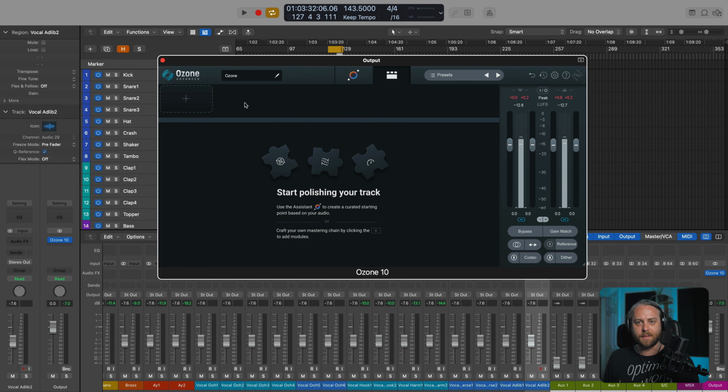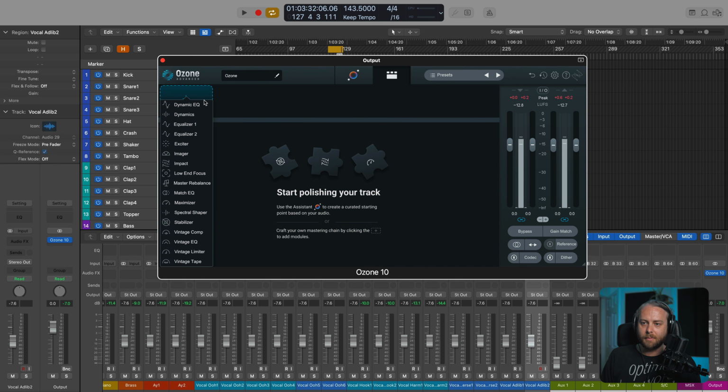of similar processing. You'll notice on this plus button here, and I mentioned this at the beginning of the video, the value in Ozone is insane. It's not just a mastering suite. It's an entire Swiss Army knife tool set. Look at all these modules that you get. And these can also be used, like I mentioned, as component plugins. So if you just want to bring one thing and not the whole mothership, you just want to bring the exciter, the imager, the impact, whatever, you can have that on your track at an insert level, not on the master bus. So a lot of flexibility, a lot of choice of modules here.